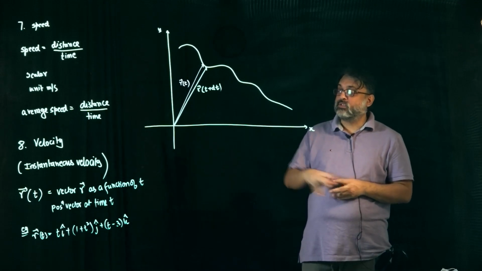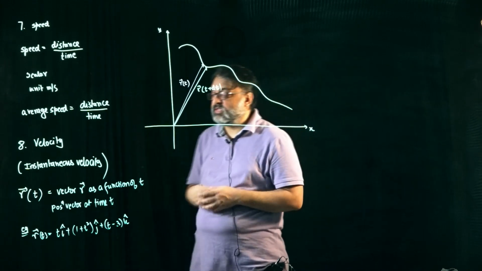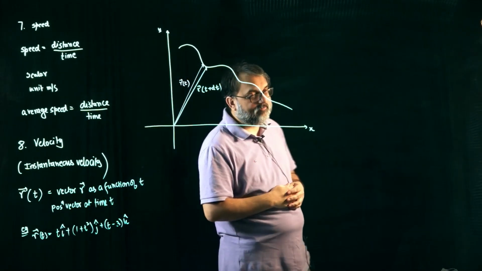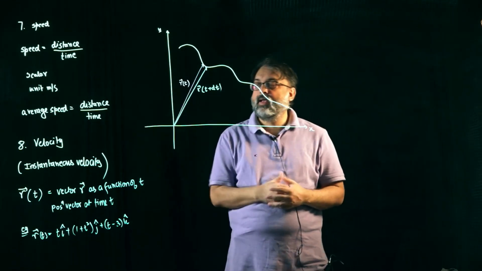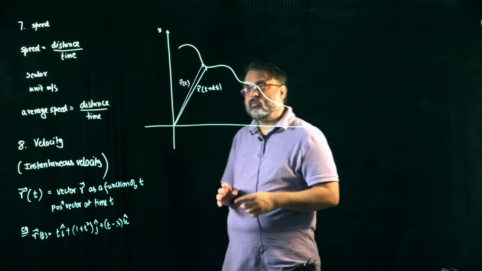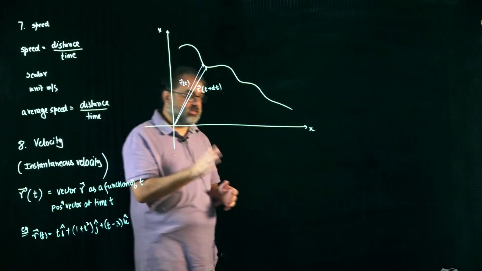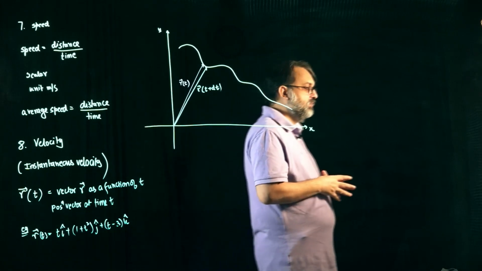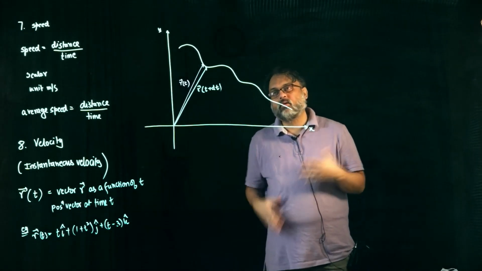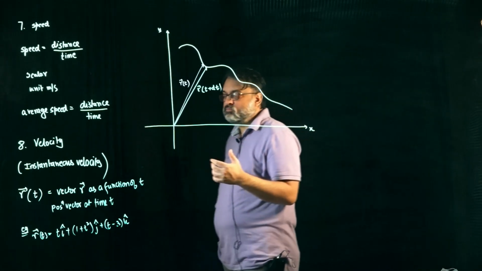So this is a vector function, and if you put in t equal to t, that gives you the position vector at time t. And then what you can ask further is what is the position vector of the particle at time t equal to t plus dt. And what I was talking about for that while was basically dt, which I'll do again.